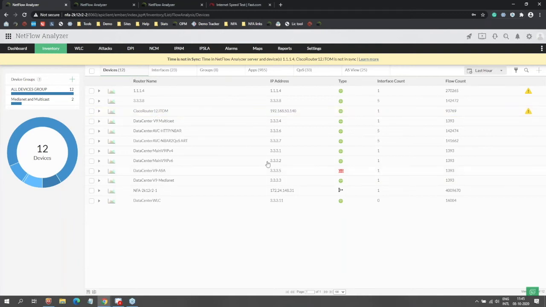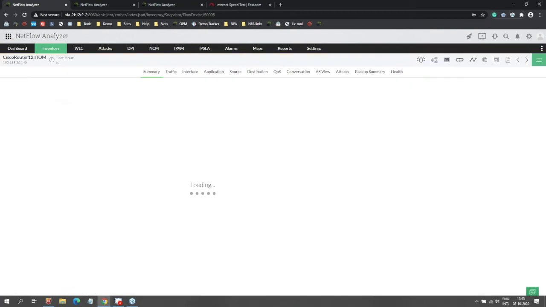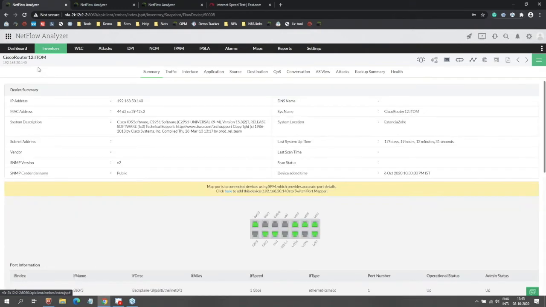For the same device, let me go ahead and check how the device traffic has been accumulated. When you click on the inventory devices and click on the device name, it's going to take you to that particular device. As you can see on the summary page, it gives you clear information of what kind of device it is. It tells you the details of the device.